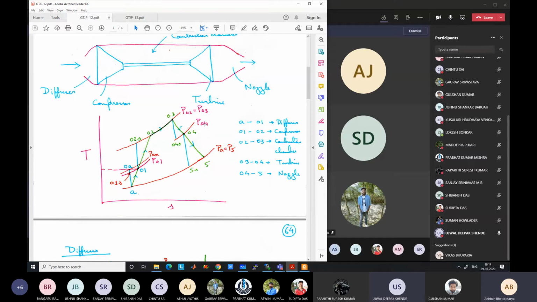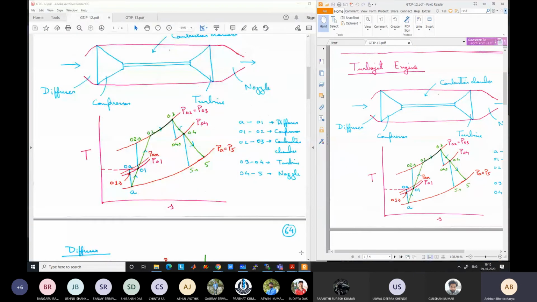Correct, good. Maximum temperature should be known because it is dependent on something else, means turbine inlet, turbine blade material. Inlet condition should be known because that is a design parameter. So inlet air temperature, inlet air pressure, also the inlet air velocity should be known because we are designing for a certain velocity. So VA, PA and TA should be known, and this maximum temperature should be known to us. Another thing that will be known to the designer, once the designer has decided, is the compressor pressure ratio, RC. RC also is a design parameter, as we have seen. So these are the things that we can assume should be known.